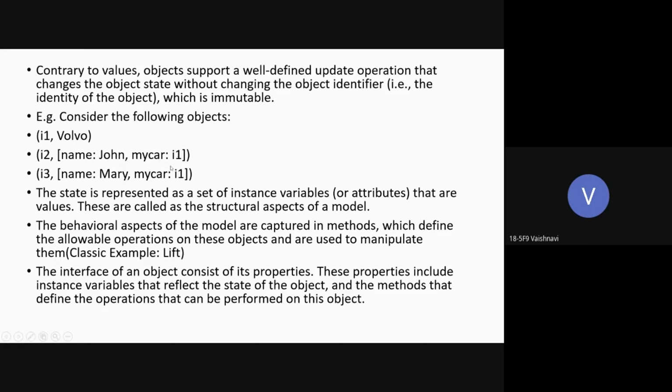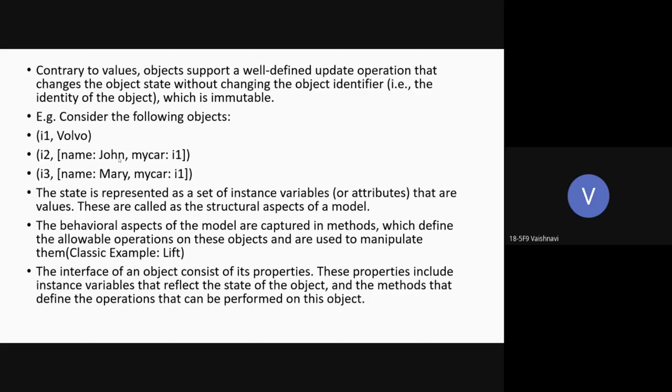And my car, I1, is referencing this tuple object. In the same way, I3 has my car, I1, referencing it. So we can say that John and Mary shared the object denoted by I1. They both own Volvo cars.